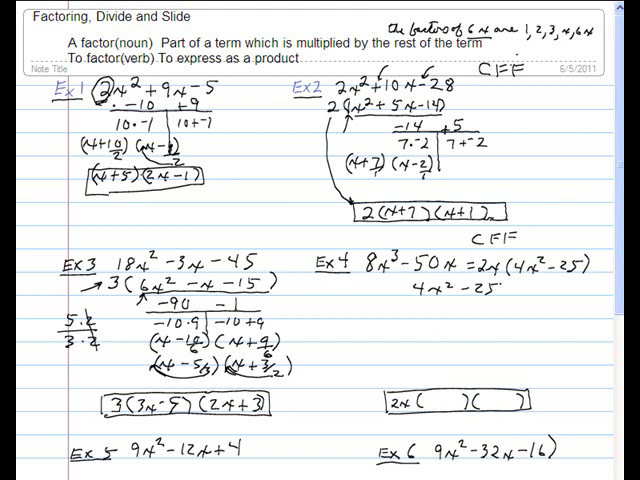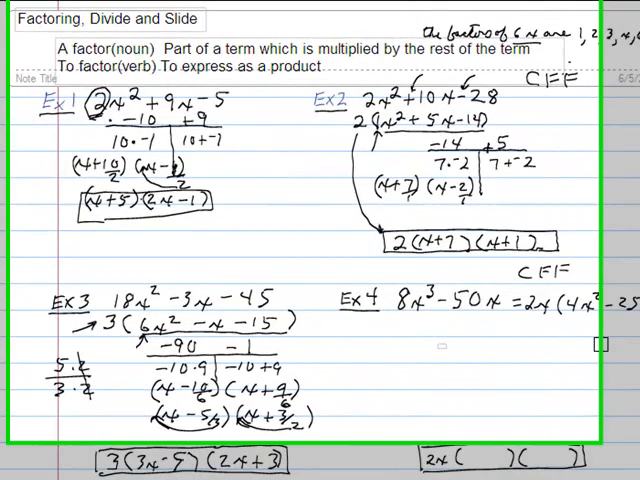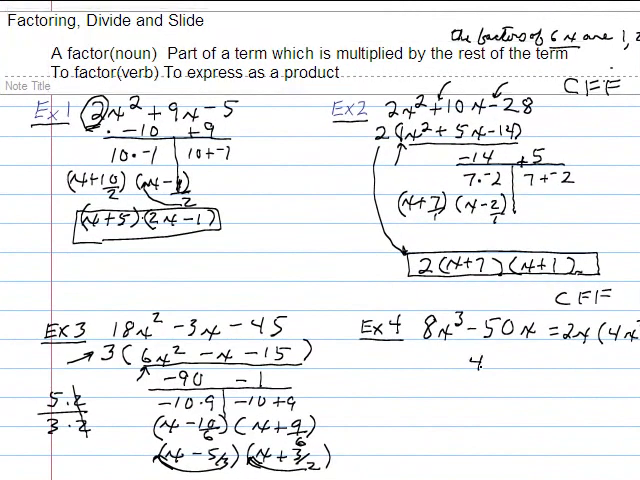Well, notice I don't have a center number this time. I've got my x squared, I've got my first coefficient, I've got my constant, I've got my last coefficient, but there's no center coefficient. So you can think of it like this. You can think of it as 4x squared plus 0x minus 25, and then your center coefficient is 0. So I make my t,